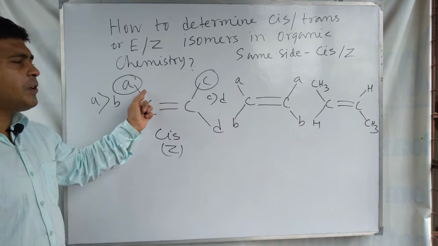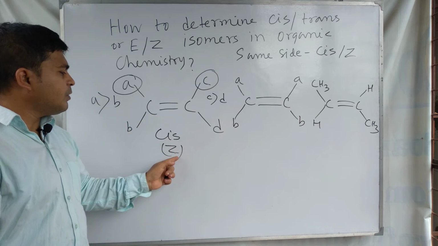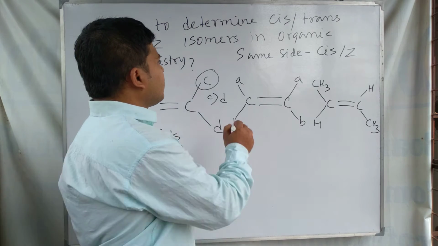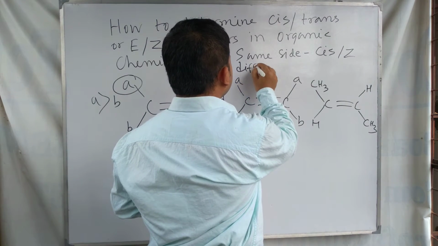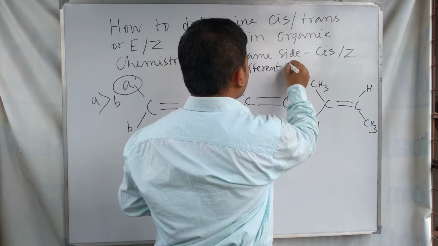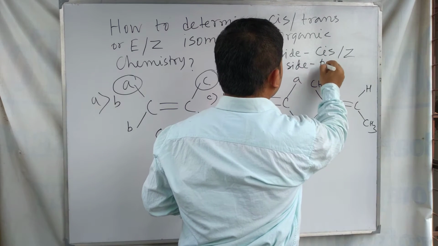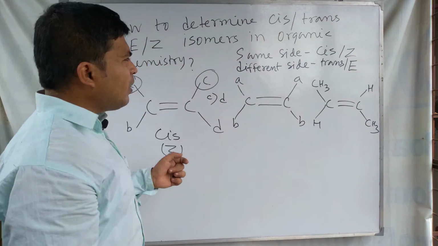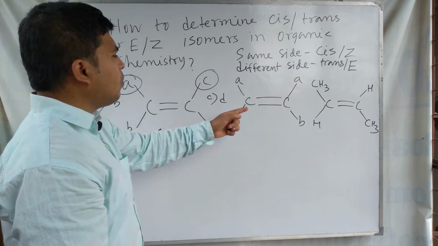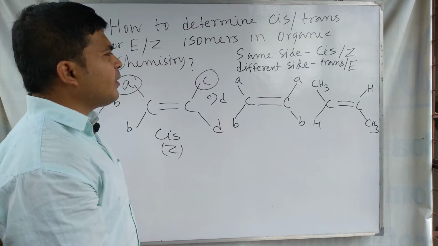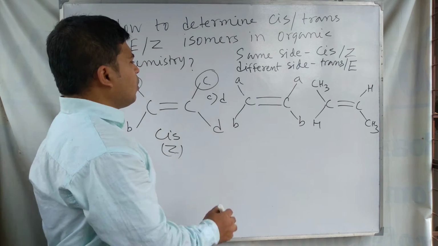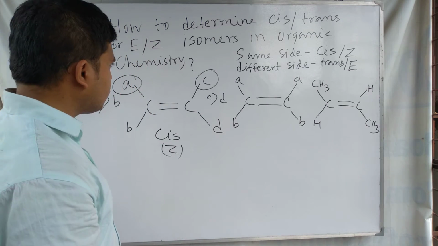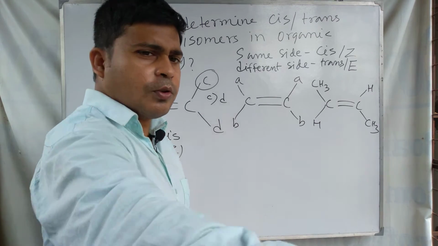These groups are present on the same side of the double bond, and for this reason this one is called the cis isomer or Z isomer. And when the higher priority groups are on different sides of the double bond, that time we call the isomer a trans isomer or E isomer. Suppose for this molecule,